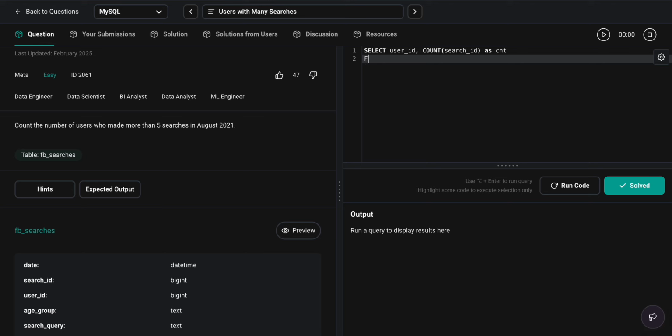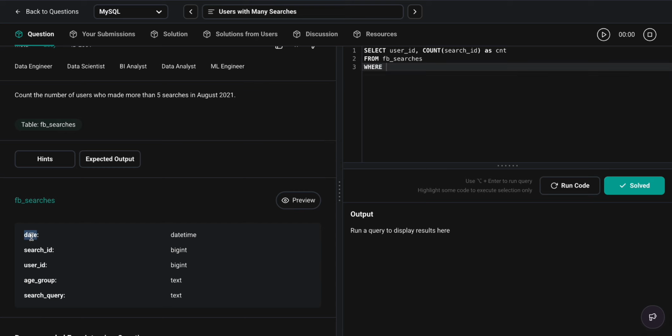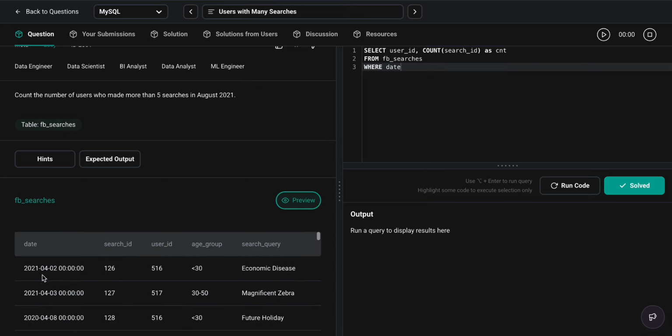Then from this table FB searches, then we need to check the condition where it is in between August of 2021. So where there is a date column as well. So date, we will check whether it's in the proper format. So it's not in that format. We can do as